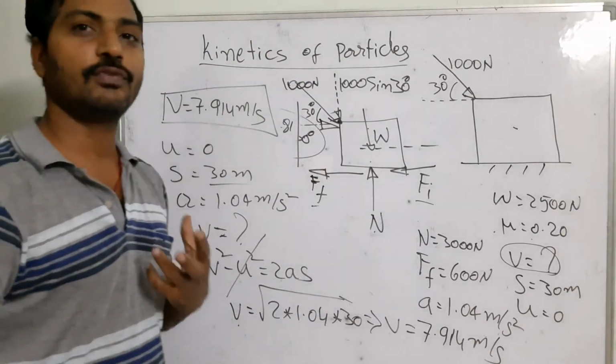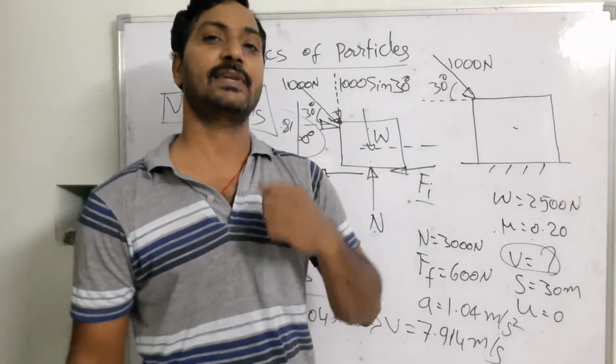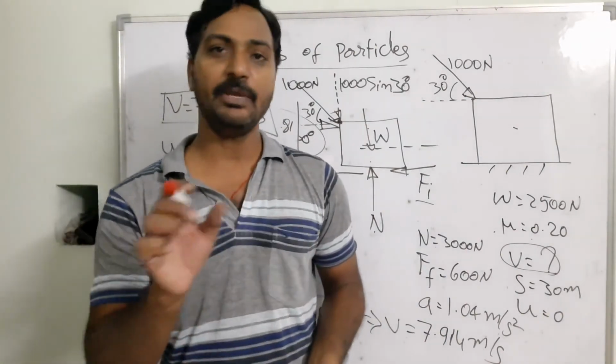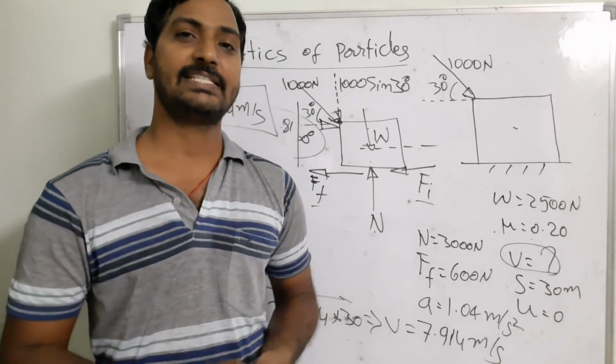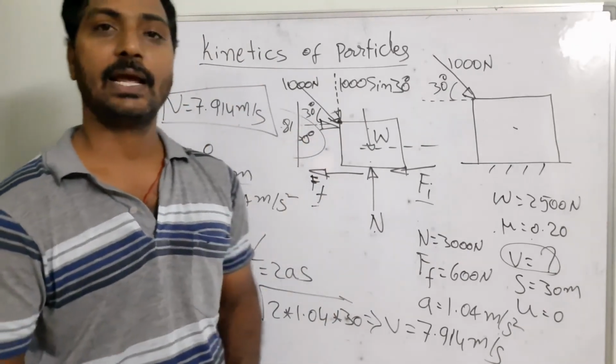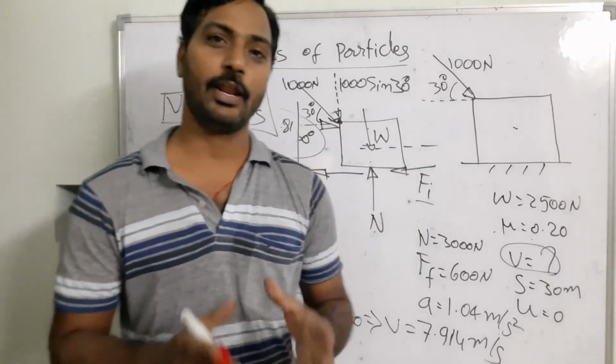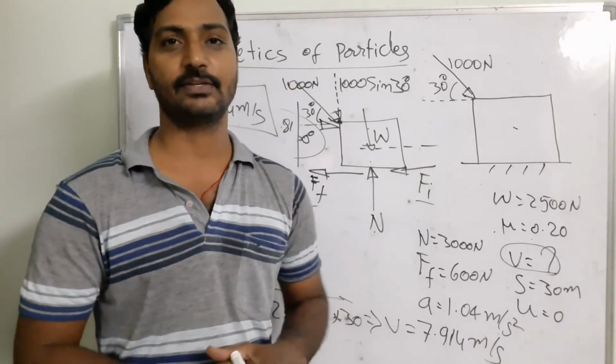So what we observed from this one is that by using kinematics as well as kinetics, that means equilibrium equations, and at the same time applying the D'Alembert principle, finally we are calculating the unknown parameters of these components. I hope you are able to understand what we have discussed over here.